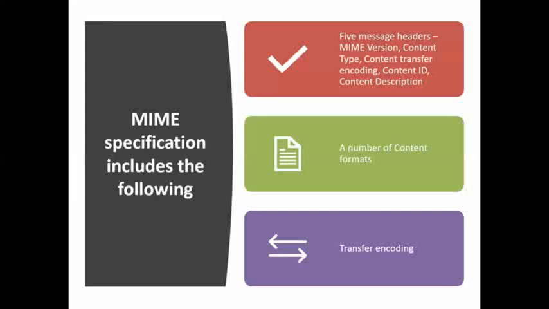Okay, representations: it is in a standardized format, right? Whatever that representation is, it is going to support multimedia electronic mail. A number of content formats are required for standardizing the representation. Then transfer encoding, as we already know, provides reliable delivery across the largest range of environments. We need a transfer encoding, either in terms of 7-bit ASCII code or 8-bit ASCII code. This is what the MIME specifications are.